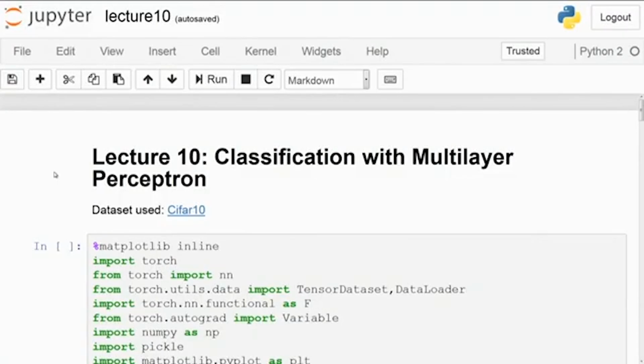So, welcome, and today we will be learning about classification with a multilayer perceptron. While we have done our basic introductory lectures on what a multilayer perceptron is and how to use it for classification,